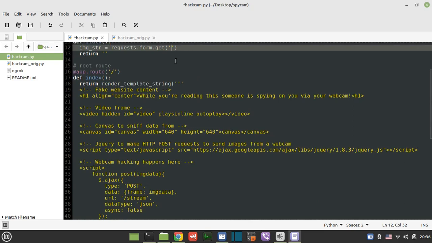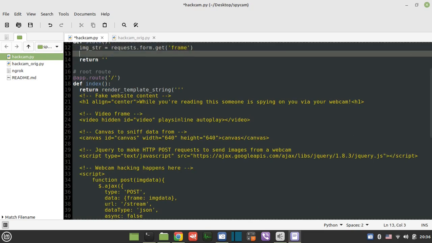So get frame, and now I want to print my image string. So if I now do exactly the same thing,